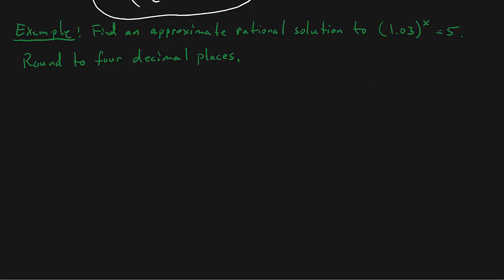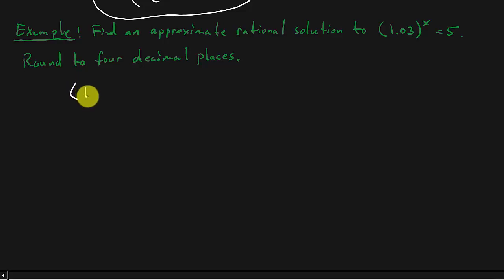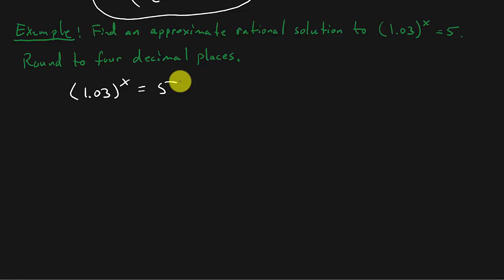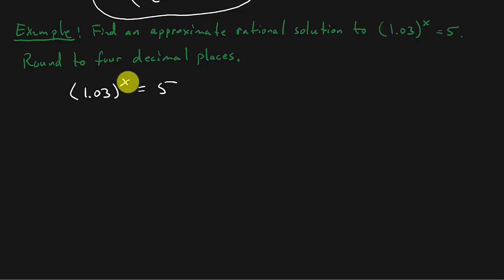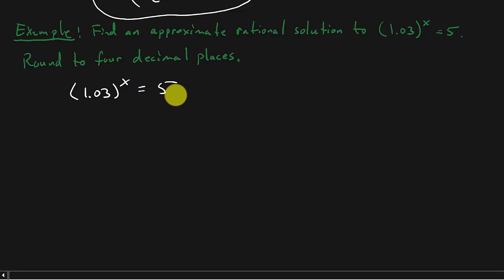All right, so this is going to be 1.03 to the x equals 5. If you remember back when we covered solving exponential equations, that's what this is, an exponential equation, the variable is in the exponent. To solve this, we wanted to get the bases the same, but you're not going to get the bases the same here. So the way that we're going to do this is we're going to take